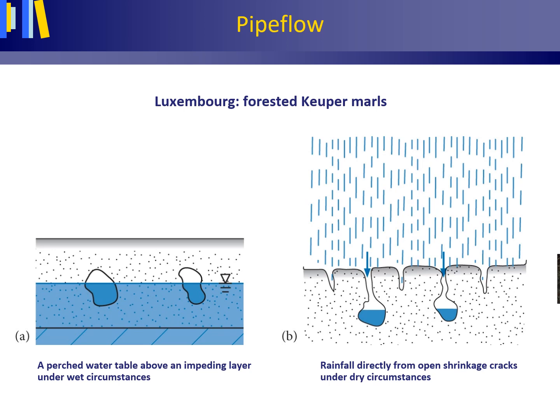The illustration to the right, on the other hand, shows a situation where pipe flow develops under dry circumstances. In soils prone to seasonal shrink-swell, such as clay soils, the occurrence of dry circumstances, or thaw after a freezing period, can cause shrinkage cracks to open. If the shrinkage cracks are deep enough and connect with the pipes, a very rapid short-circuiting of rainfall via shrinkage cracks and pipes to a downslope stream can evolve.